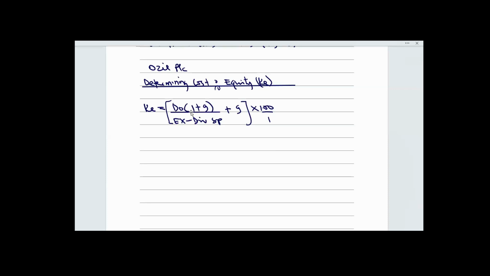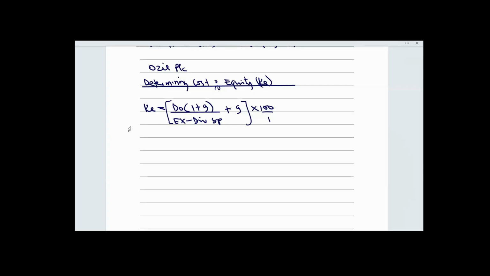Yes, Minister of Finance, talk to me. Why are we using this formula since we are given the historical pattern of the dividend? This is the formula for calculating cost of equity. Because there is growth in the question, we have identified that dividend has grown from 15 kobo to 30 kobo, so you need to calculate growth rates.